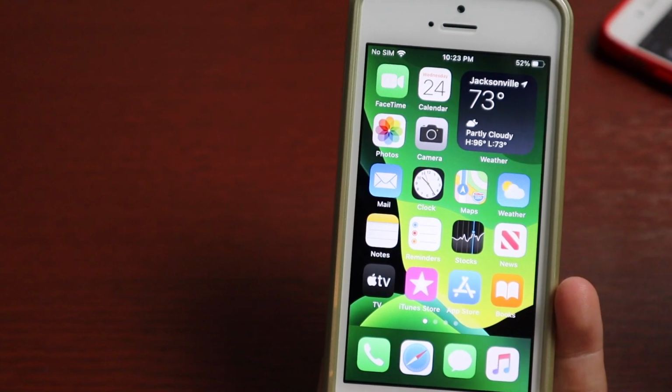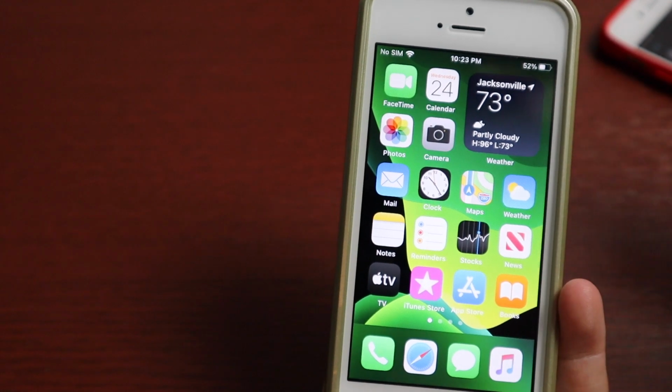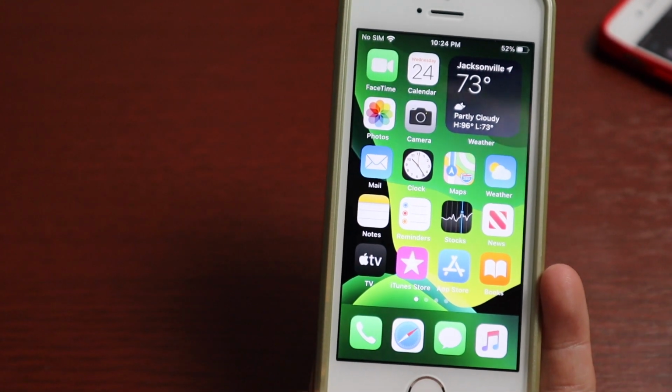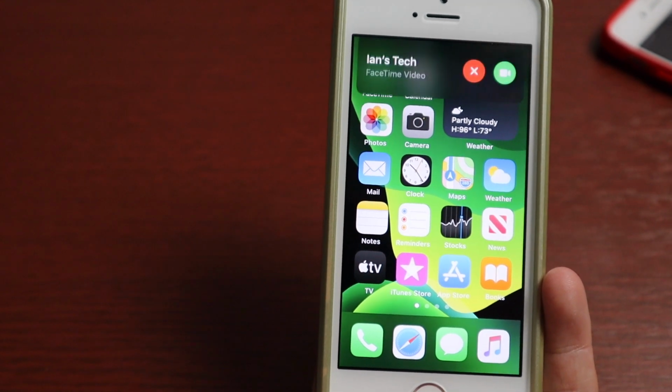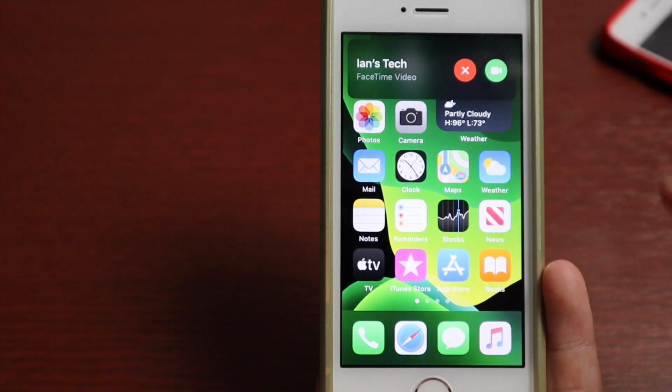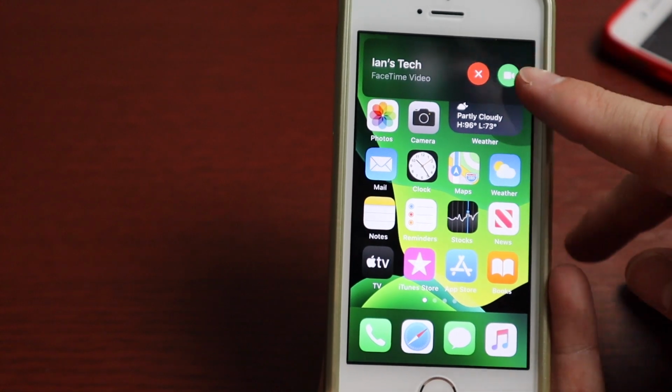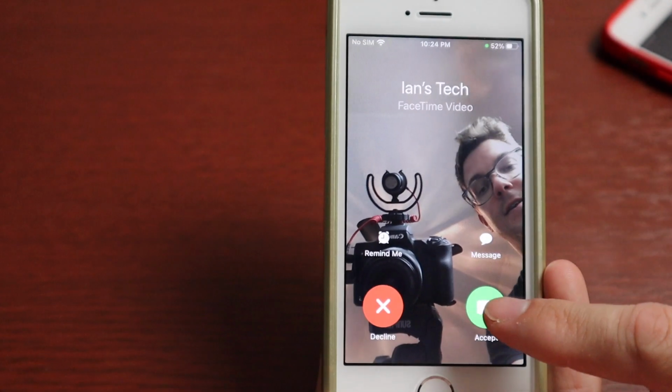Now another cool thing here is, whenever you call somebody with FaceTime or with a regular phone call, it doesn't take up the screen anymore. So I can actually call the phone here, and you see we get this nice little pop-up here. It doesn't take up the entire screen. Once we answer it here,